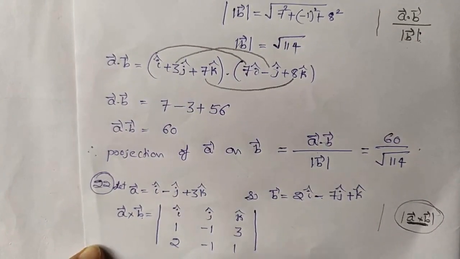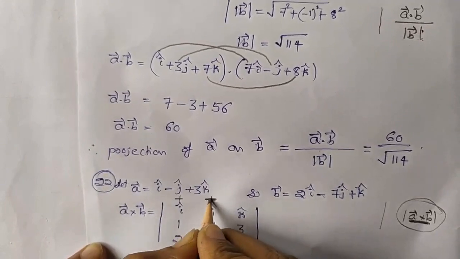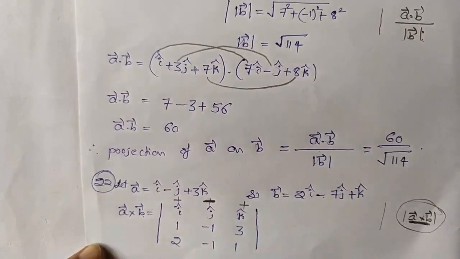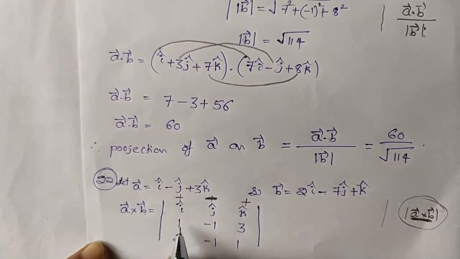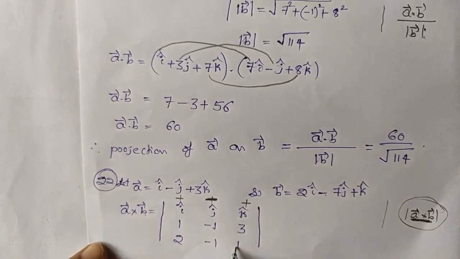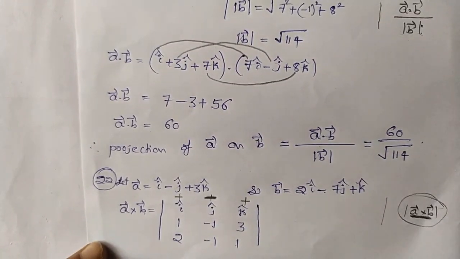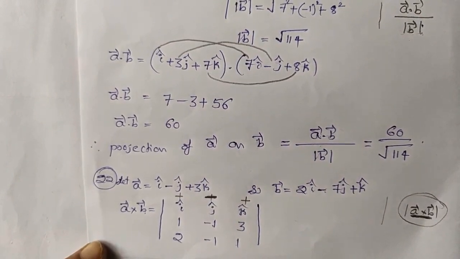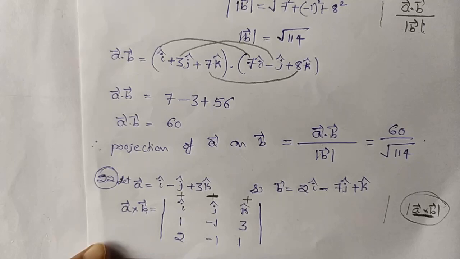Now find out the determinant value. How to find the determinant? Plus, plus, minus and plus, like this. Now if we want i, delete that corresponding row and corresponding column. What we will get? Minus 1 into plus 1 is minus 1, minus of minus 3. I am just returning this sheet to the next page so that you just write this step in your notes.